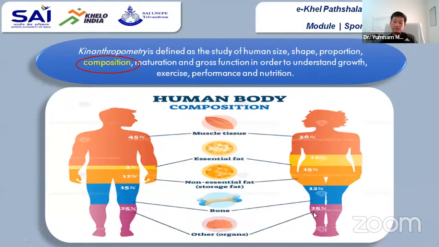So this is the typical model of body composition for the normal population. So how much fat is required, how much muscle is required for the normal population, and for the athlete population has been discussed under this subject in anthropometry.